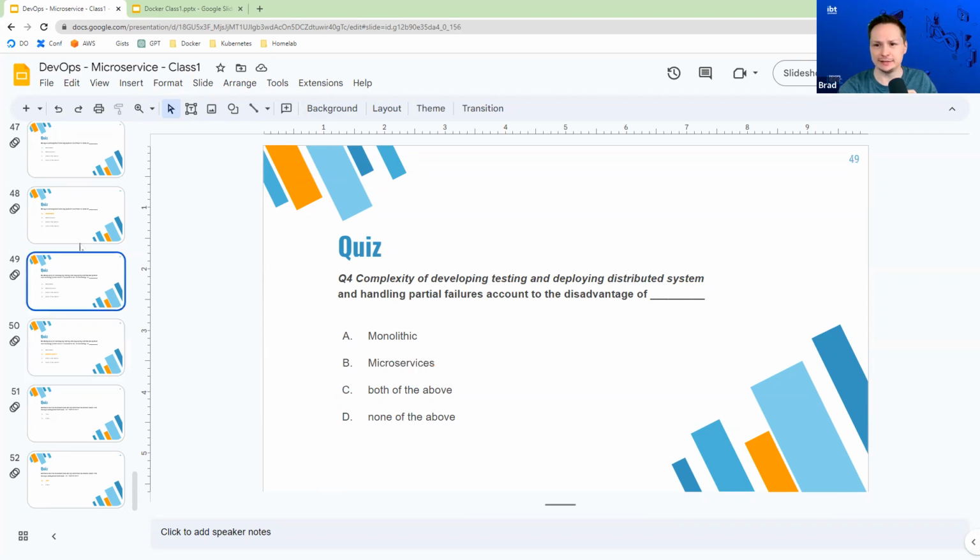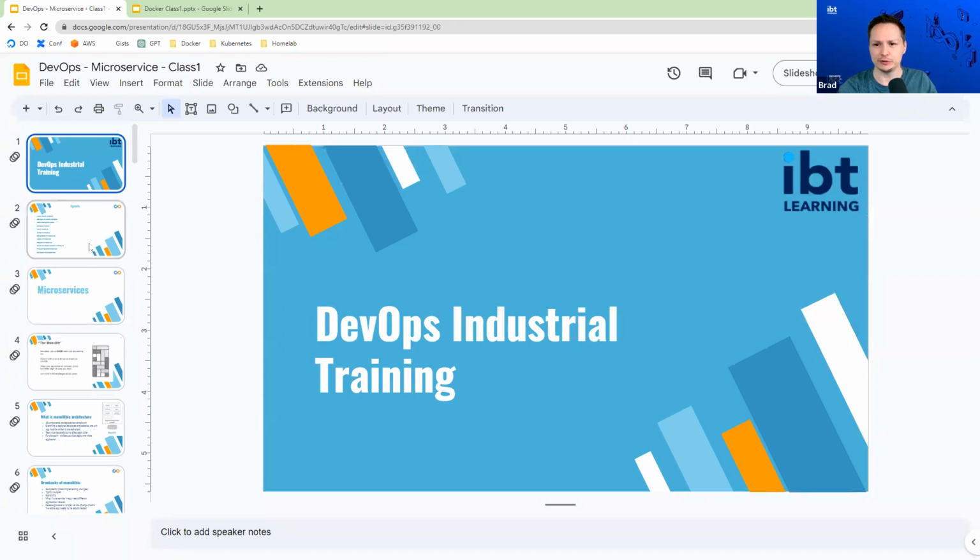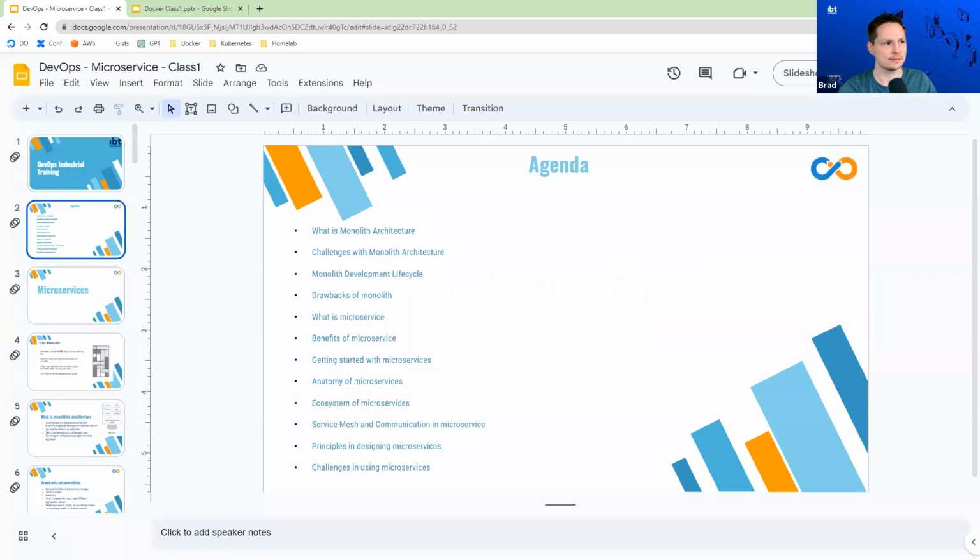So let's go ahead and get started with microservices and talk about what we're going to be learning. We're going to go over what a microservice is and what a monolithic architecture is. And we're going to talk about the challenges with the monolithic architecture, the monolithic development lifecycle, the drawbacks of a monolithic architecture, what a microservice is, as well as the benefits that microservices give us.